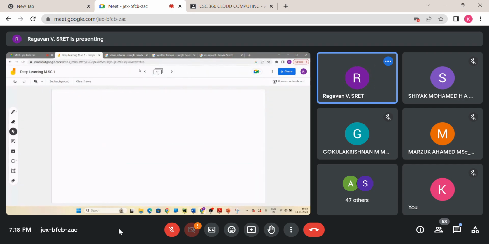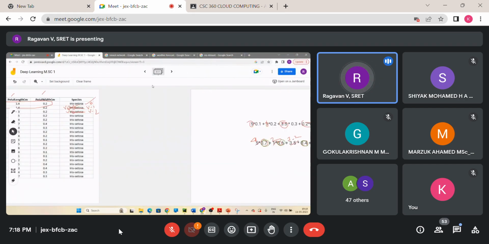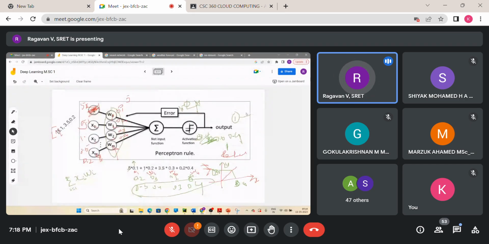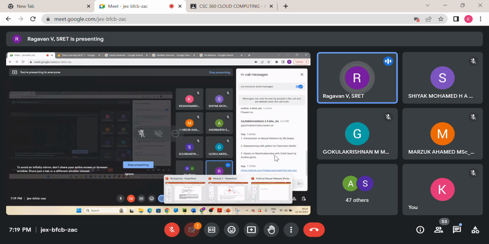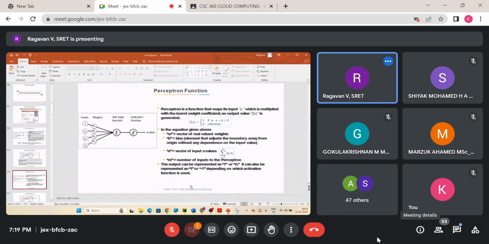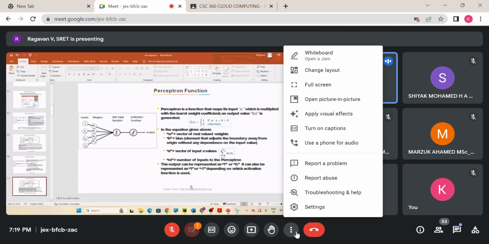So I demonstrated how the perceptron learning rule is used to predict the classes based on the available training data set, with the example of the iris data set. I will definitely give the software implementations also, don't worry. This is the initial level of understanding of neural networks, guys. Next, what we discussed, which is elaborate